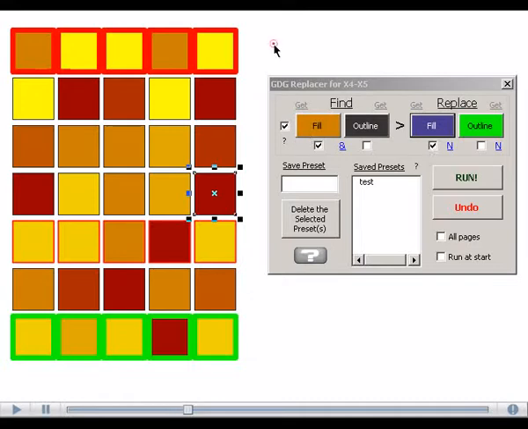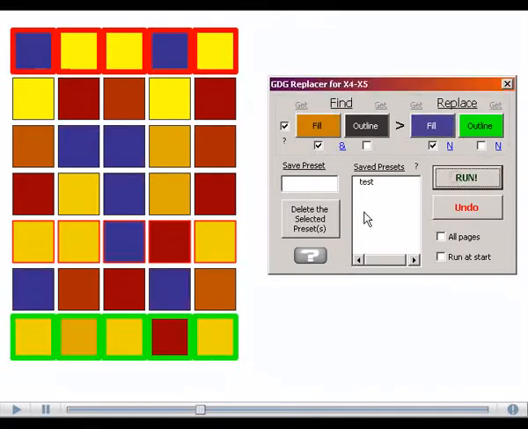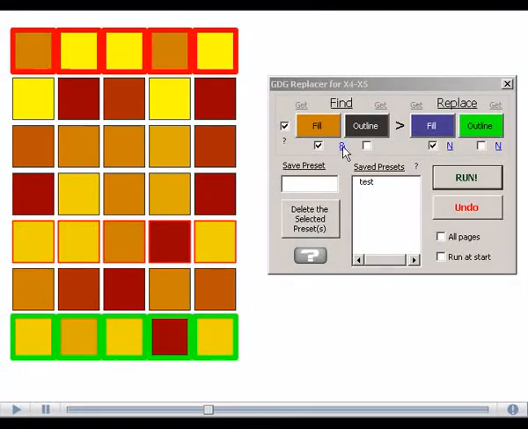Make sure nothing's selected. If you have something selected, it will only work on the selected shapes. You could even run on all pages if you want. So we'll just run this. It found all the shapes with that fill. If you want to get more critical, you could use find shapes with this fill, and you could change that